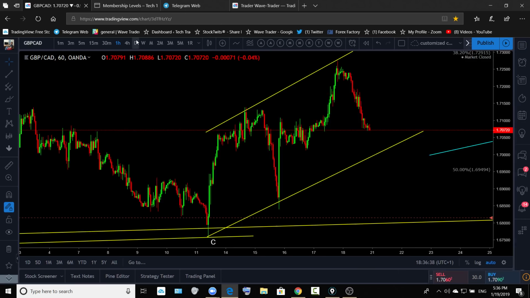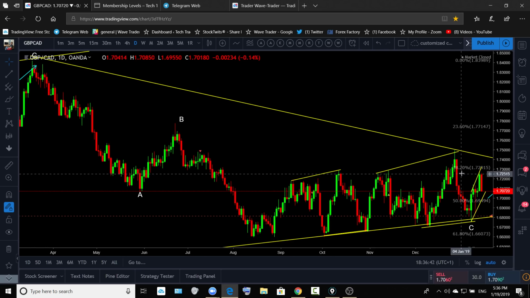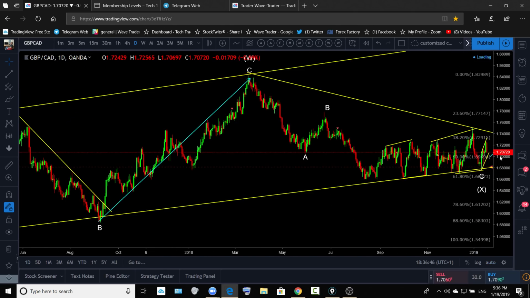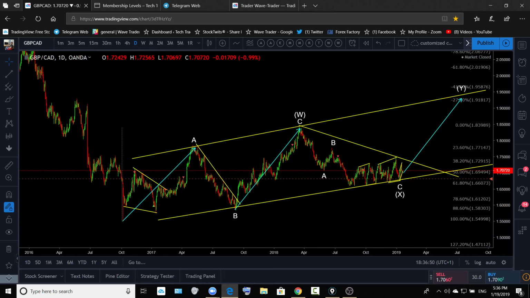And trade with care on the pound CAD, because like the euro pound, this pair is within a bigger sideways correction. Longer term we are looking for this to happen, but this correction still can break down for one more move down. We can see that and then up, or we can see this. So this correction still can break down for one more drop.